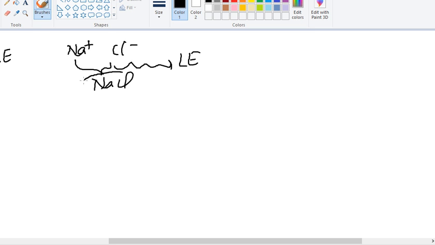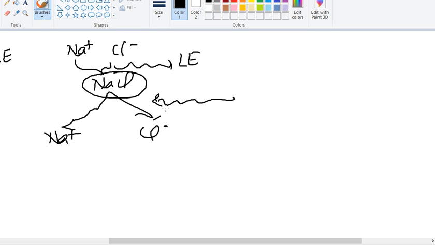If 1 mole of sodium chloride crystal lattice forms, right? And in the reverse manner, to separate the sodium ion and chloride ion from 1 mole of solid ionic sodium chloride, we need to give energy. So in the first case it is exothermic, and in the other case it is endothermic.